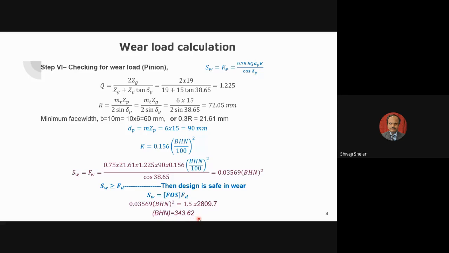There you require slightly higher carbon content in the range of 0.4 to 0.6% carbon. There you can get BHN value in the range of 400, 450. For high carbon steel, you can go up to 500 BHN. In the rarest case, you can go up to 600 BHN. But the normal range of BHN value for heat treated surfaces is from 300 BHN to 450 BHN. So if you take any medium carbon steel and do the normal heat treatment, you can gain a strength between 300 and 450.